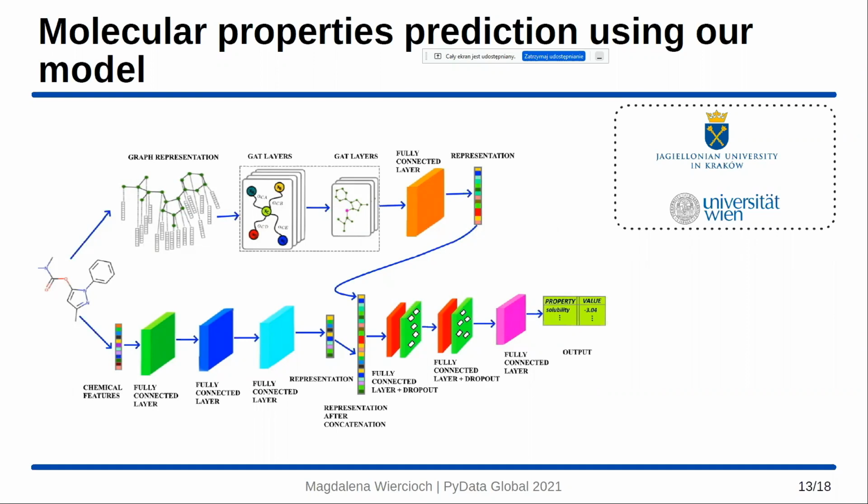Our architecture comprises two separate blocks, and each block aims to learn an expressive representation from a given